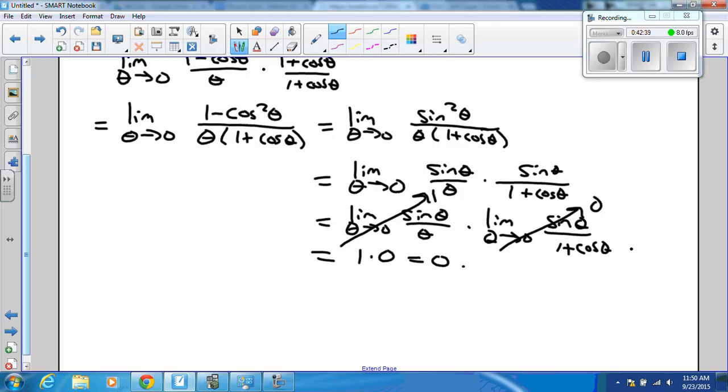This proof you should definitely be able to do. And the spirit of it is rationalize. And when you rationalize, use your identities, it all pops out. Practice doing it a couple times